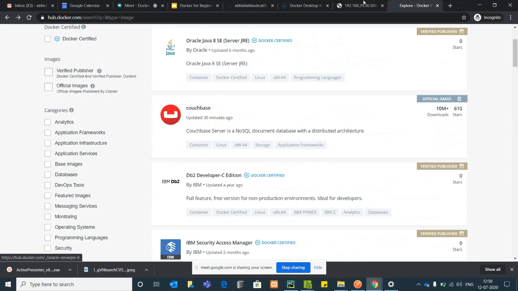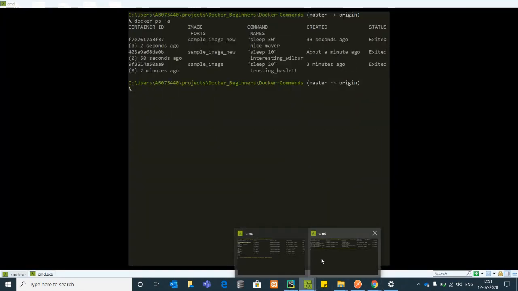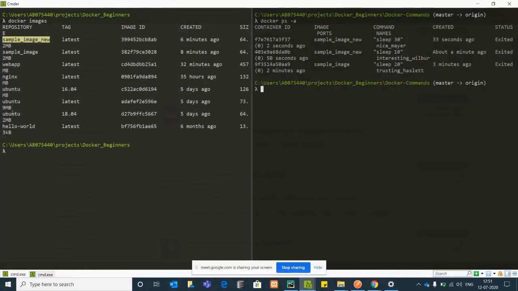Now, whatever image was developed here is with my source code, and that will go to my developer. I cannot simply put it as a public repository on Docker Hub and allow anyone to download and use that image. I can put it under private, but that is the paid part. So I don't have to do much over here. I'll just push it publicly and show you how it works.